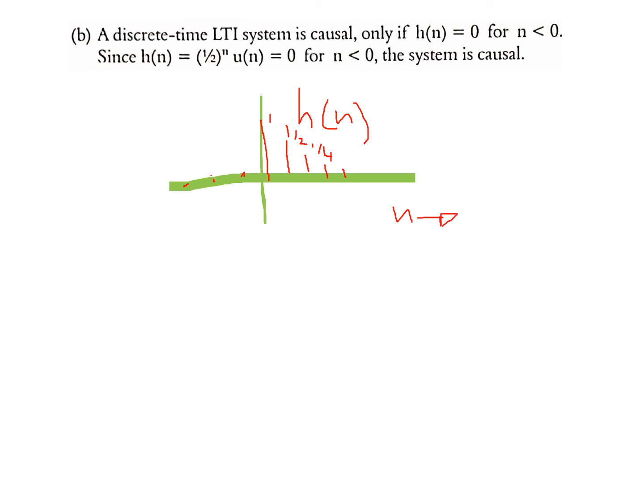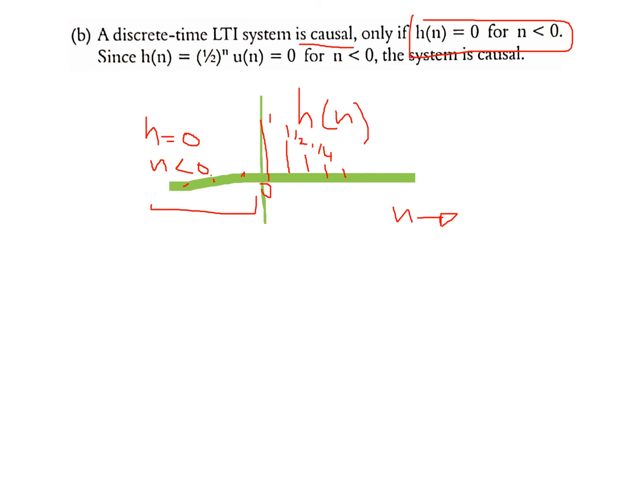You can see the condition for causal. A system is causal if h of n is 0 for n less than 0. That is, the impulse response should start at n equal to 0. If it starts at n equal to 0, not before that, the system is causal. See the condition here: n less than 0 means all these values. For all these values, h of n is 0. So the given system is 0 for n less than 0. Therefore, this system is causal, because the impulse response starts only at 0, not before that. Therefore, the system is non-anticipatory or causal.